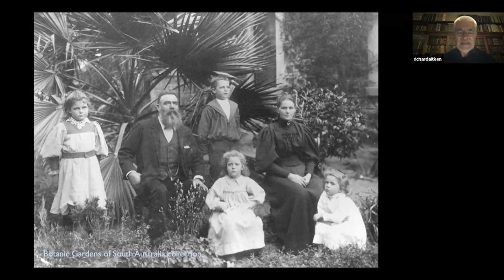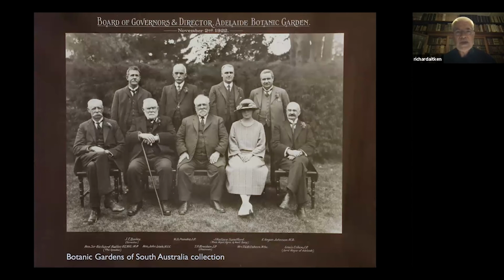Here we see the picturesquely named William Gilpin in the 1890s, a veteran gardener from the British estate of Lord Ellington, with his wife and family at the foreman's residence at Adelaide Botanic Gardens. South Australia, noted for its progressive streak behind its conservative facade, included a woman on its Botanic Garden board long before the other states, with university-trained botanist Edith Osborne, also known as Mrs. T.G.B. Osborne here, having been appointed in Adelaide as early as 1915.